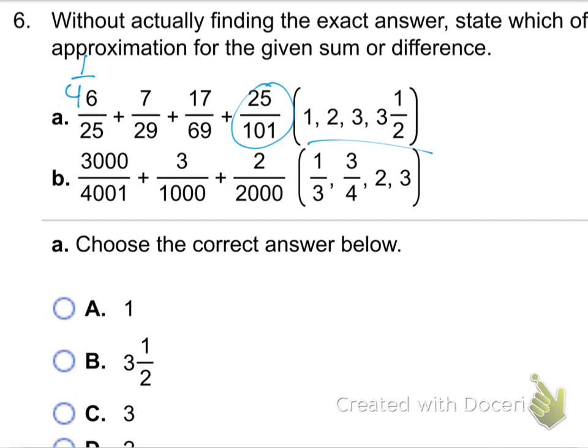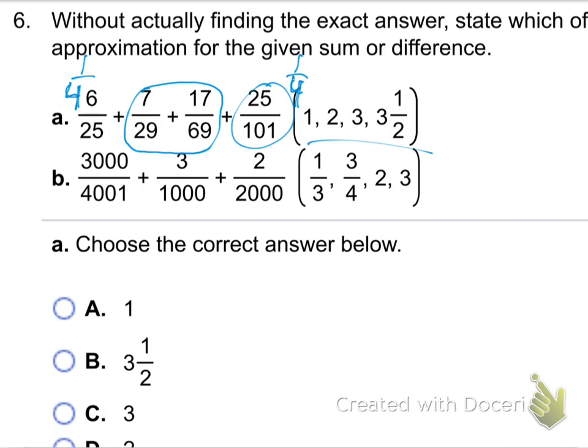25 out of 100, right? And that's a fourth again, right? If you have 25 cents out of a dollar, that's 1/4 of a dollar, 1/4. Good? So those two are really close to a fourth. Okay. Now, these two,